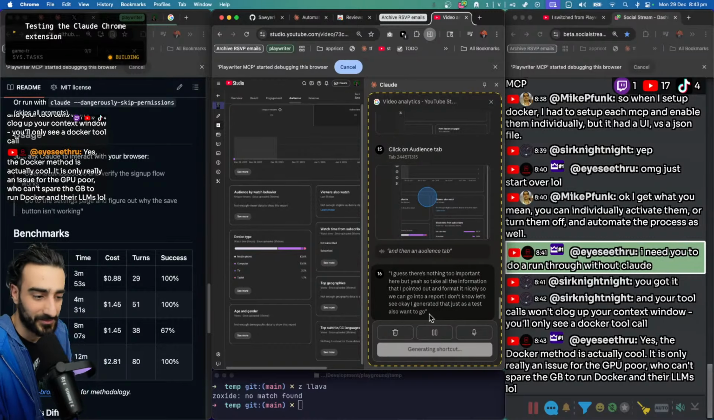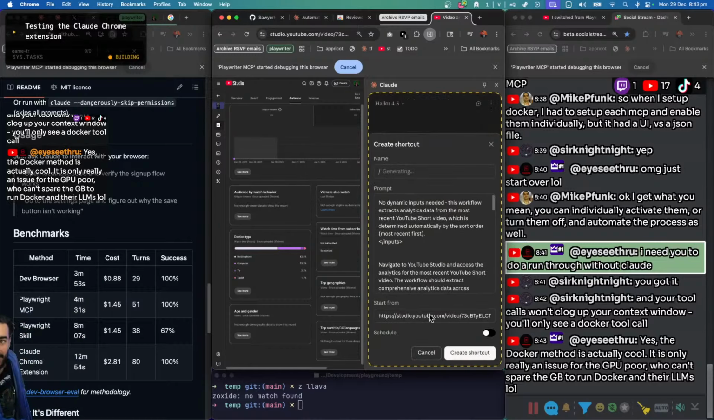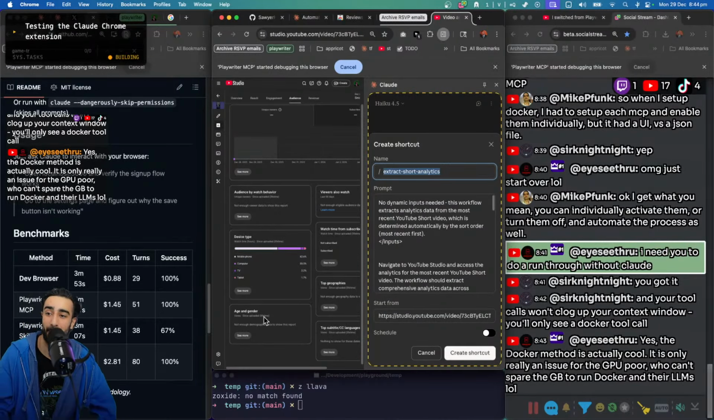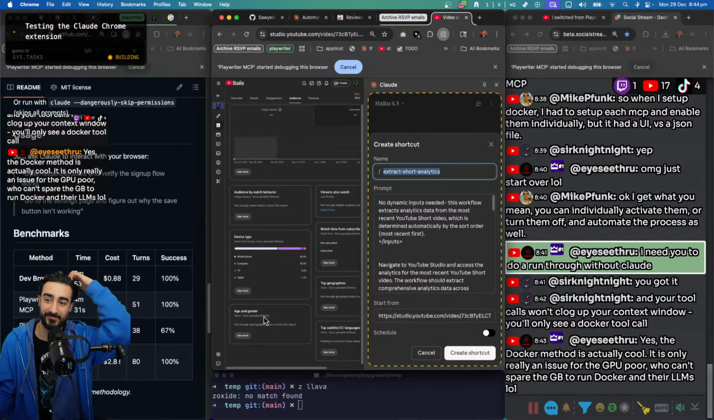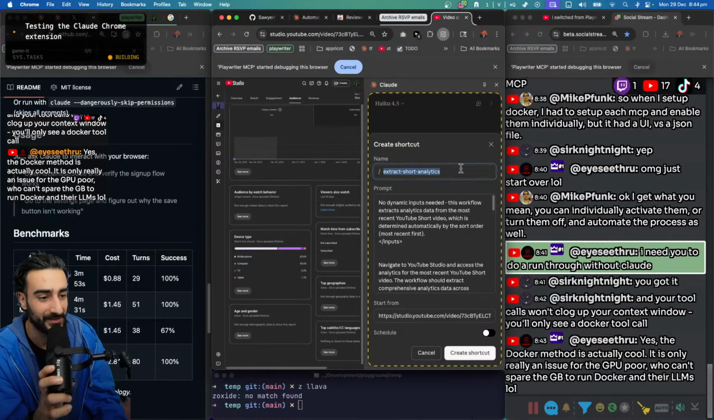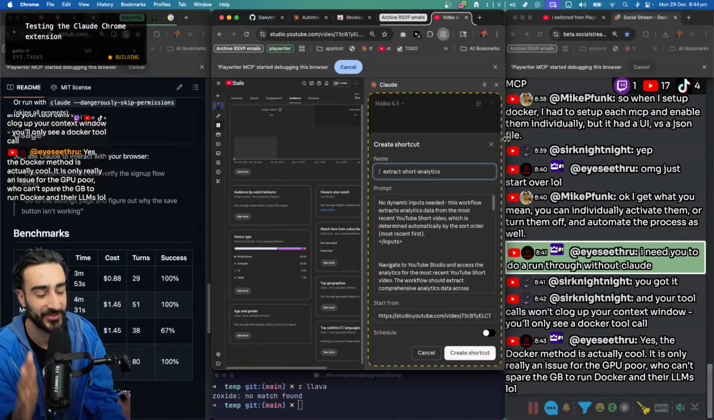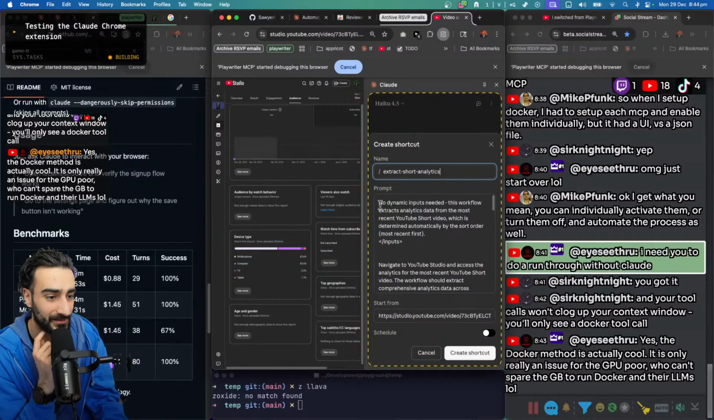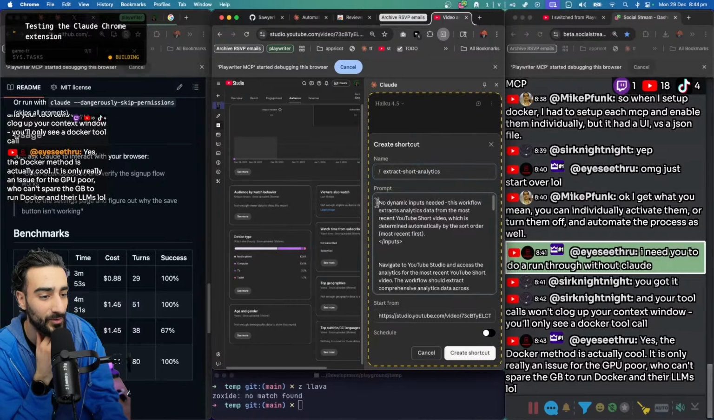Also, I'm going to go into sitting mode. All right, so we got, okay, let me just wait for this to get done. All right, so I think we have this. There's a slash here, so I'm going to assume this is a custom command: /extract short analytics. No dynamic inputs needed. This workflow extracts analytics data from the most recent